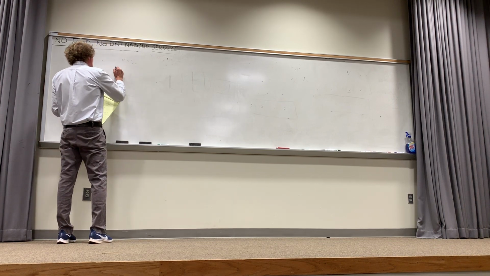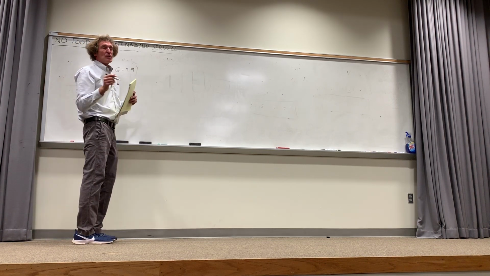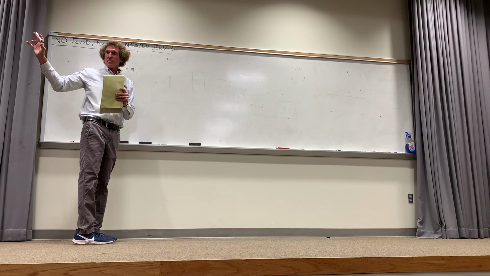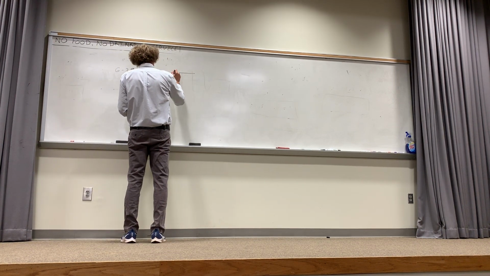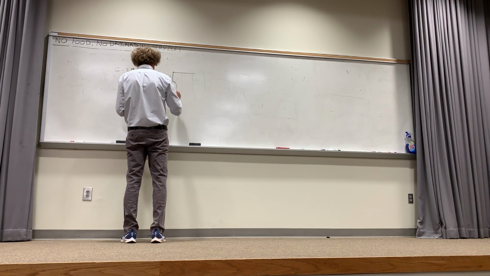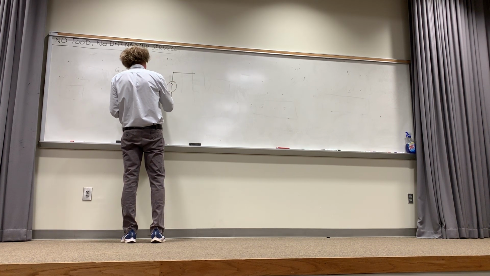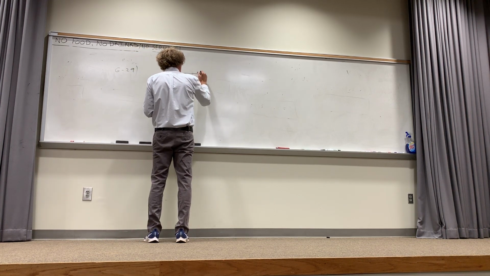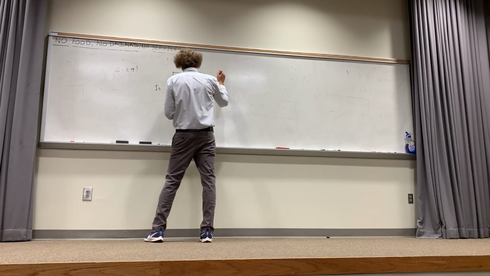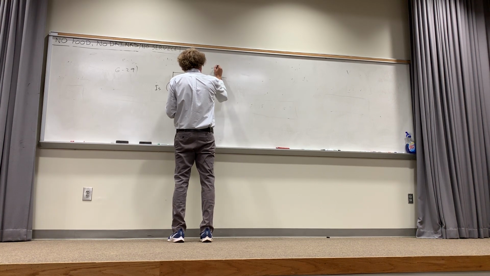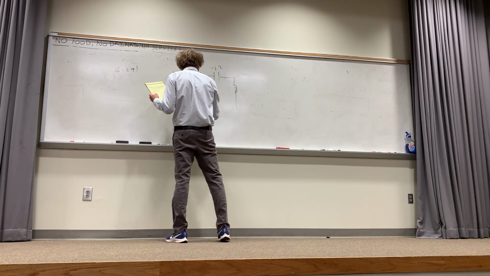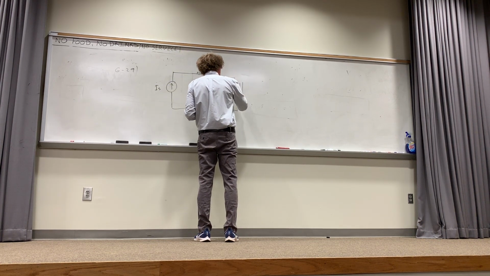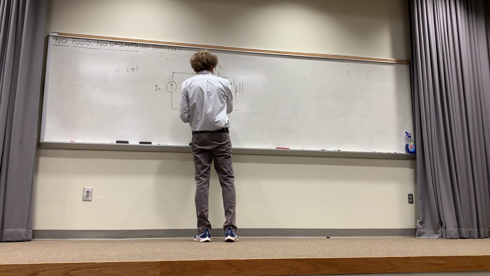For 629, he forgets to put a dot in the actual original problem statement, but on the output side, in his solutions, he does put the dot. And this is a type of problem you would see on an examination and a quiz. So he has IS here, and in your book, make sure this is right, by the way, 6 here. I have an old generation book. And this is minus J2, and then he has an iron core transformer here. The reason you know it's iron core is he has this, and he has a dot there in the primary, and this is I1.